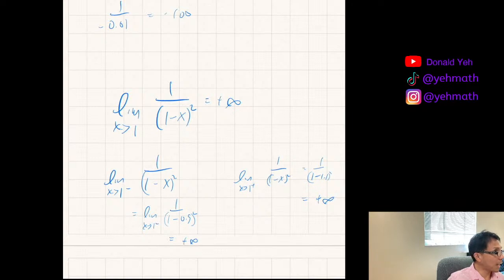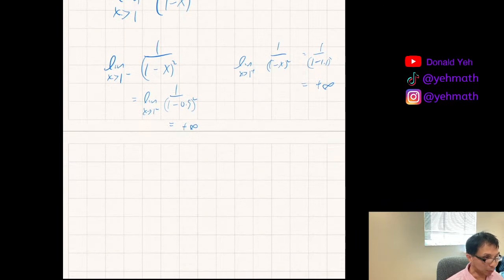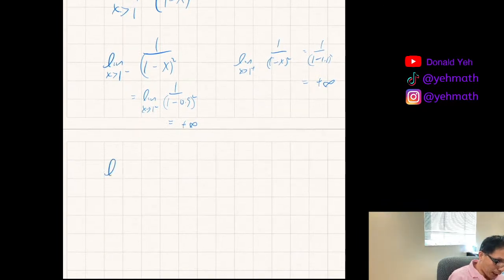So I look at it from both sides. Giovanna, does that make sense? Are you sure? Now we got a positive infinity and negative infinity. What happens if you have